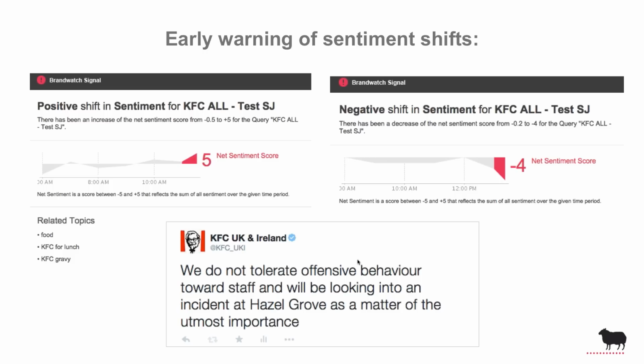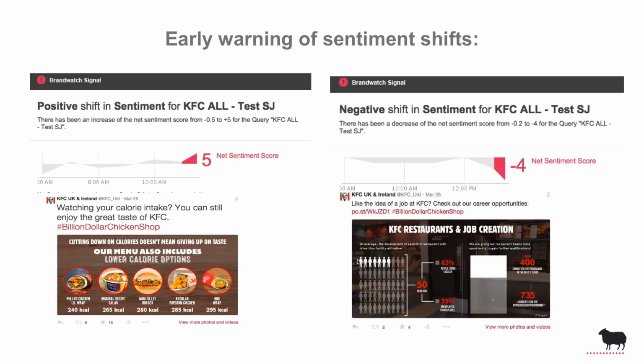And what that actually resulted in is this negative shift in sentiment was very short-lived, and it meant that we could catch it very early on, put out exactly the right PR messaging, and then be able to monitor it, and we understood what it was we should be monitoring. And we absolutely couldn't have done that without Signals, because that was that early warning system without an analyst having to sift through the thousands of mentions there are every single day. So that was very useful.